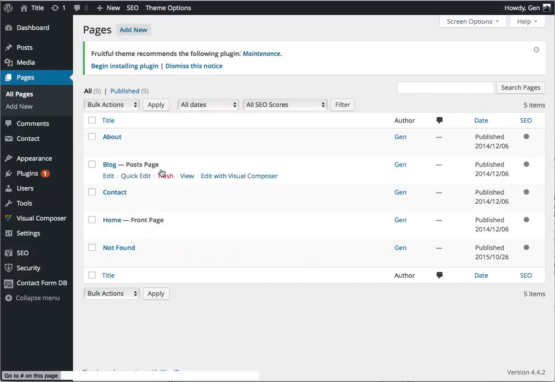what's going on. You'll notice that two of the pages here have special tags on them, saying Front Page and Posts Page. This is because in WordPress settings, I have selected to use a specific page as the front page of WordPress. The front page of WordPress is what happens when you go and you visit your site. At the main index URL, what do you see? In my case,